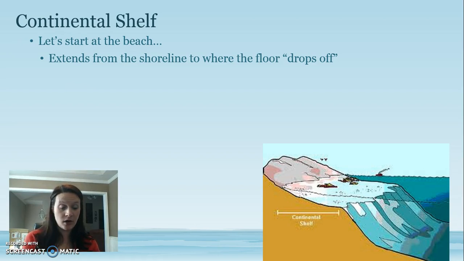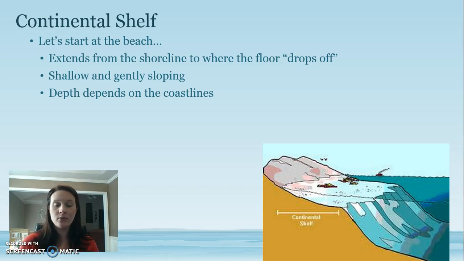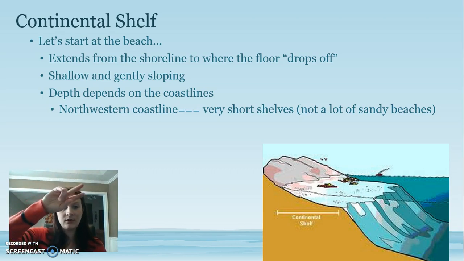If you're in a location with a really long continental shelf, you could walk out to the point where you're no longer tall enough to reach the floor. It is shallow and gently sloping most of the time, but how far it goes down will depend on the coastline. So if you have gone to the beaches in the northwestern parts of the country, like Seattle, Washington State, Oregon State,